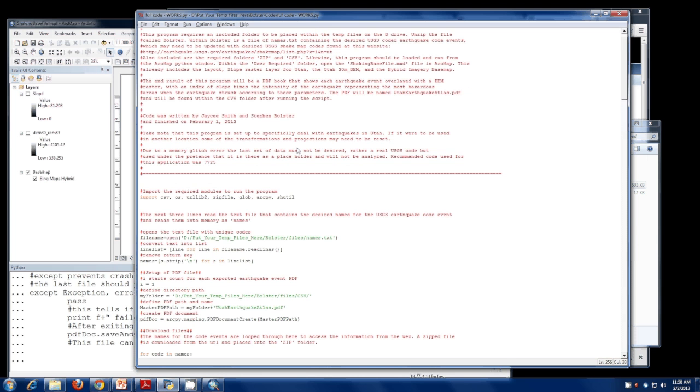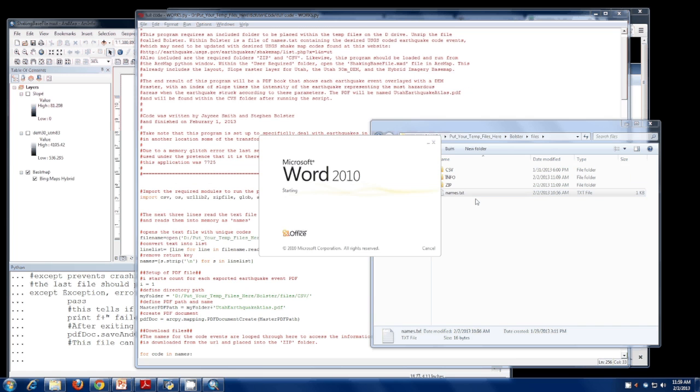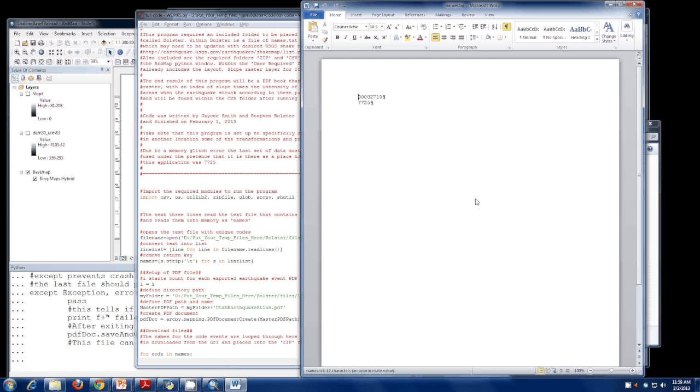When we run this, we recommend that you gather a code from the USGS website called 7725, and that one won't run. It'll be the last one you put on that names file here. You do that because there's a memory glitch that we found, and this is just an easy way to bypass it. 7725 is always the last one in this list, and it will never run. If you see it later on in the code, it's basically just trying to get past it because we're not